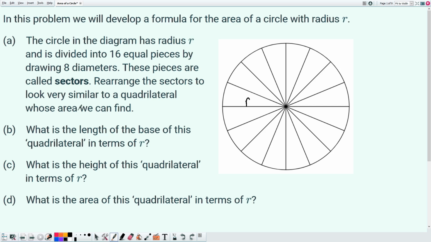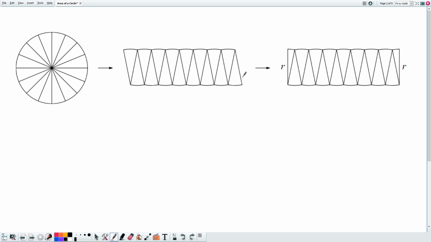Then from there, what is the length of the base in terms of r, what is the length of the height in terms of r, and then what is the area of this quadrilateral. So if we were to cut up all these pieces and rearrange them, we can do a process like this, where we throw each triangular shape next to each other, and then for the last part, cut these two triangles in half and rearrange it so it looks like this, where we have a nice height that's not slanted. And this height would be the radius of the circle,